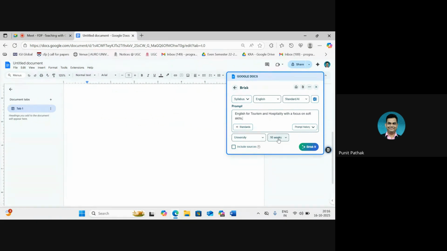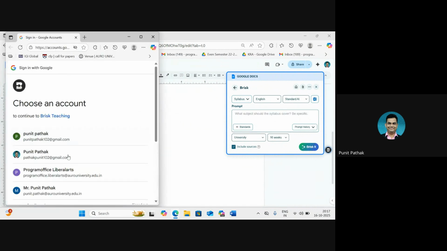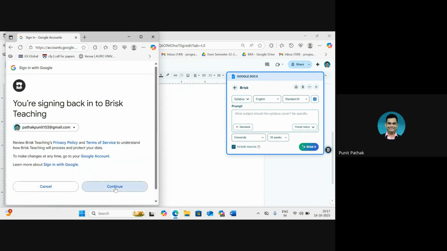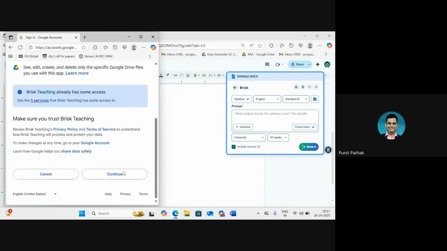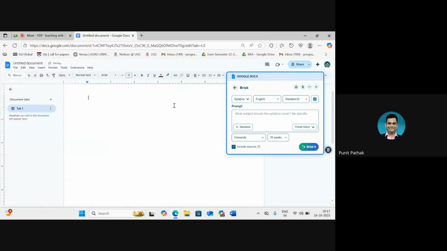And then all we have to do is, if I click on include sources, it will show me the sources as well. I'll click on Brisk, and okay, for the first time, I think it will ask me to choose an account. I'll use the same account which I have selected. Let's give it access to that. Now, in a few seconds, we should be getting a file. If it works properly, we should be able to download a file wherein it gives me the exact output that